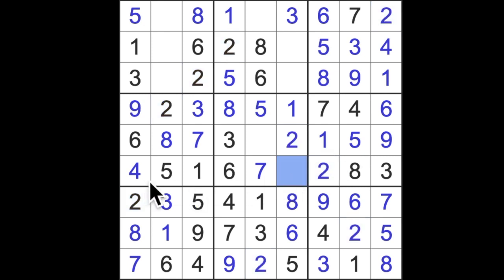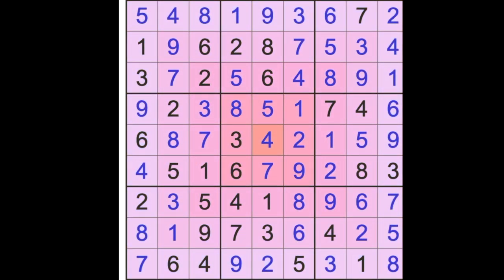Now there's 1 number missing across this row. I can see a 4, I can see a 7, so that helps me to spot the fact that it must be a 9. 9 blocks up here, and that gives me a 9 there. 9 blocks across these 2 rows, that puts a 9 into those squares. Now we're just lacking a 4 and a 7. I've got 7 here already. That must be 4. That must be 7. 7 blocks back that way. That must be 7. And then we just have 4 in these squares to finish